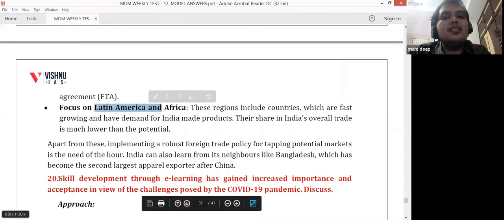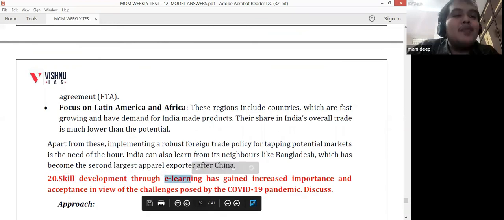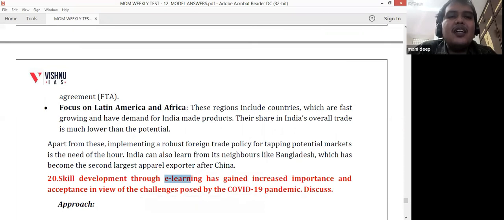The last question is regarding skill development, where e-learning has gained importance. During the COVID pandemic, we could not move outside and we could not get whatever we needed. There were so many restrictions on movement, and on going to different institutions to get training. So we have turned towards virtual things. Everything is now based on the internet. Even this class is based on the internet. There was a sudden shock and the support that the internet provided.